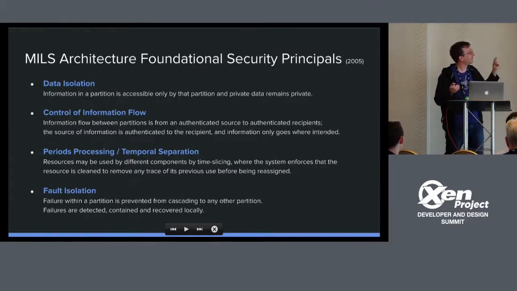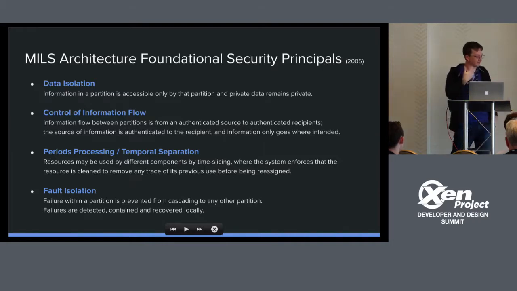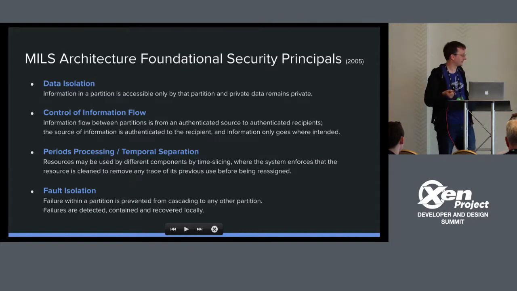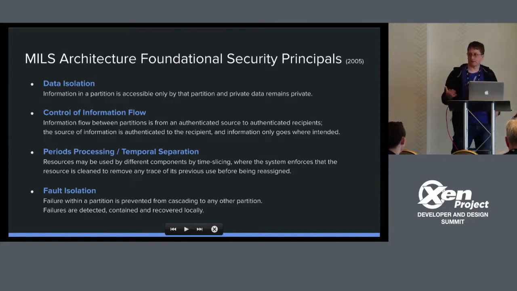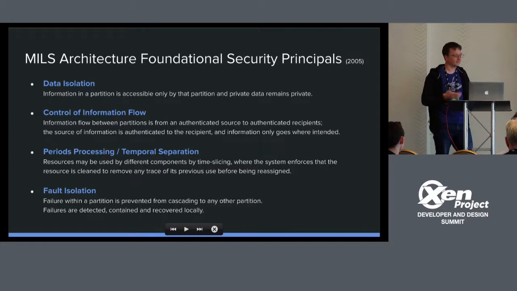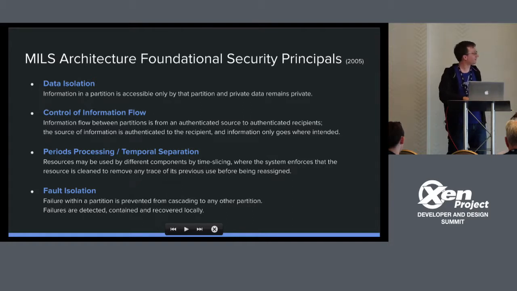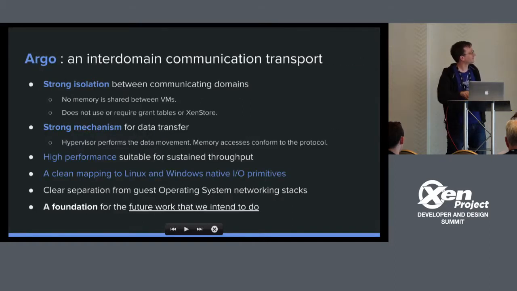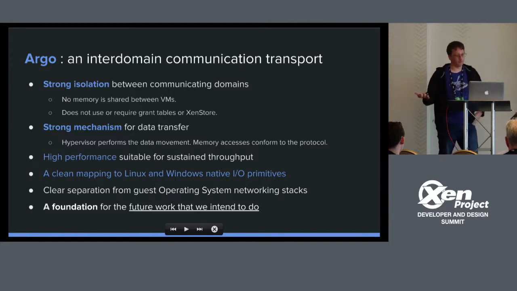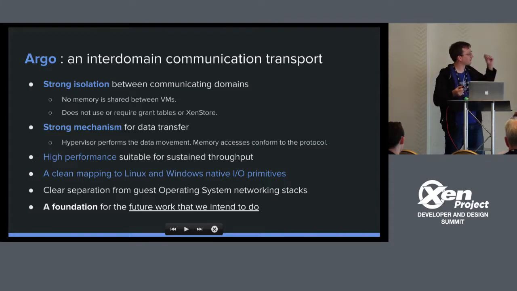This set was published in 2005: data isolation, control of information flow, temporal separation, so that if there's any sharing of resources, you ensure that the resource is cleaned before the next tenant gains access to it, and fault isolation, because you don't want cascading faults, or failure of one subsystem to degrade another that's meant to be isolated from it. So Argo and V4V before it was built with these things in mind,